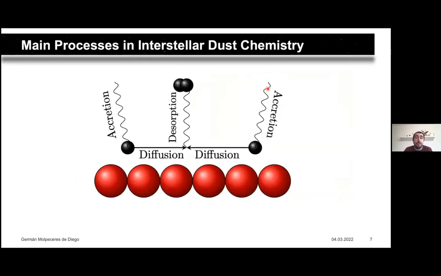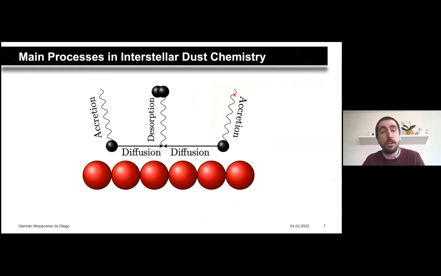With this introduction in mind, everything that happens on these ices to explain chemistry and physics can be summarized as a combination of 4 different processes that I present here. First of all, accretion or landing of particles on the surface, diffusion or mobility of these landed particles on the surface, reaction or formation of new particles on the surface, and desorption or return of the molecules to the media where they are eventually detected. In this talk, I will cover each of these different aspects from a computational standpoint, and particularly using machine learning techniques.